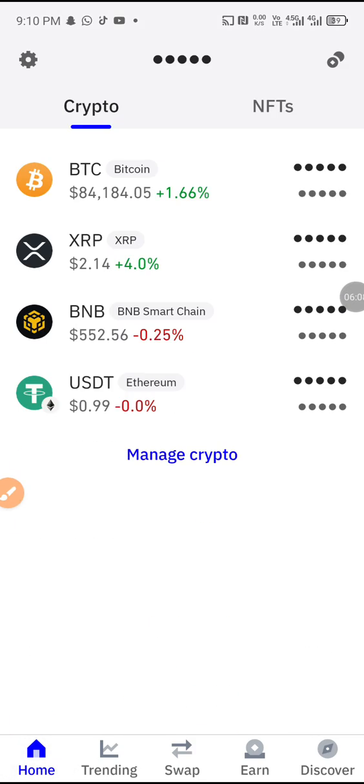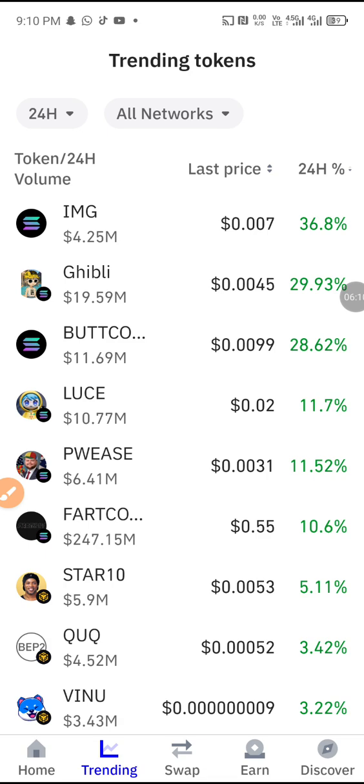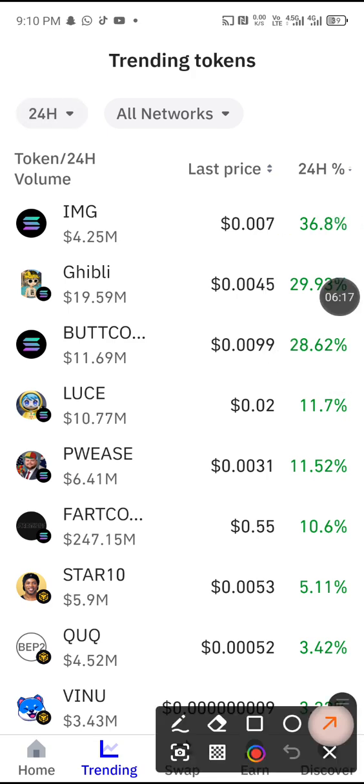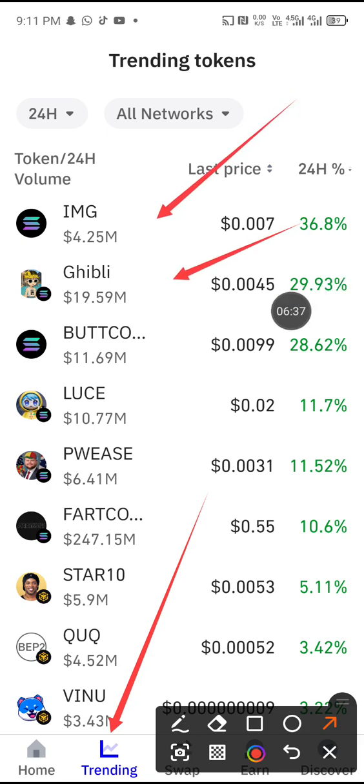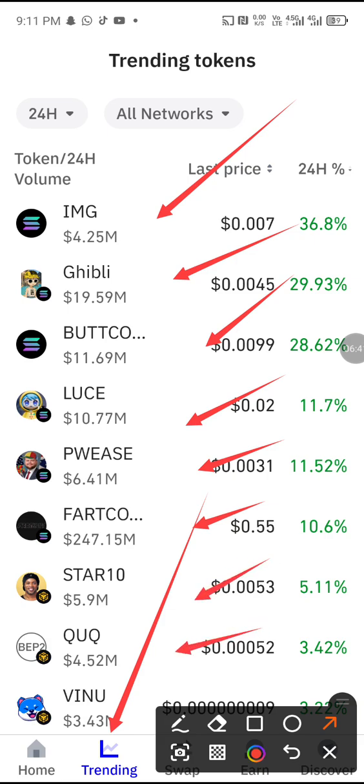Okay, so that is for this. So coming down here, you can see all the trending coins. This is where you find all the trending coins. Click on this place, this is where you find all the trending coins. The IMG, Ghibli, and a lot more of them here are the trending coins. You can just follow them up little by little, and see what exactly you need to buy